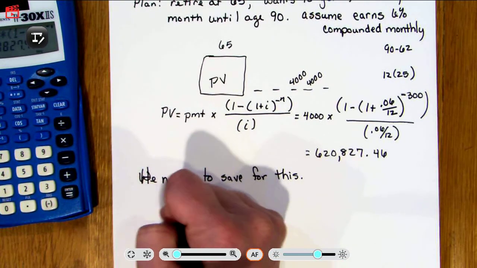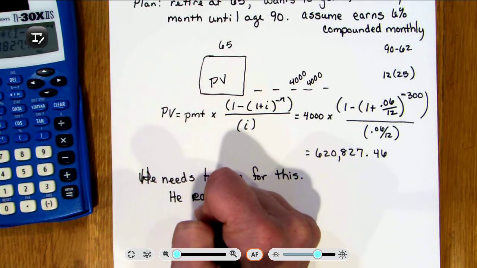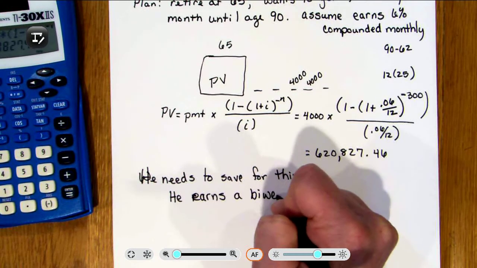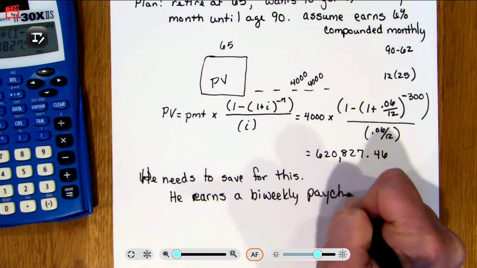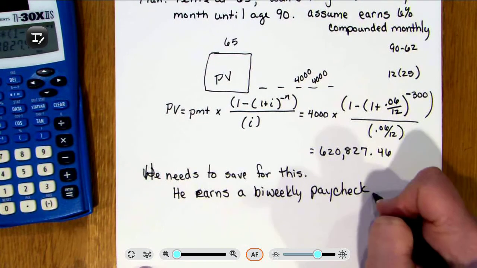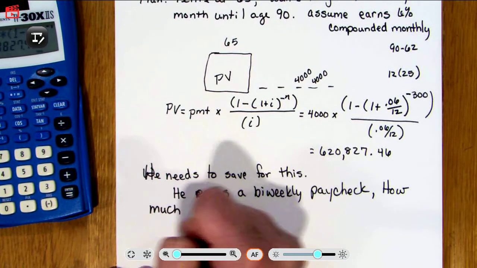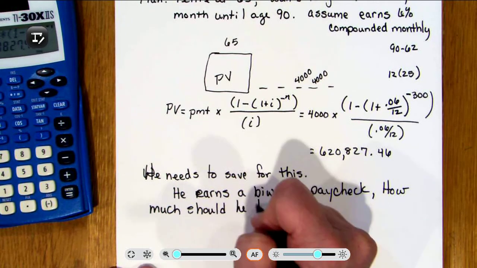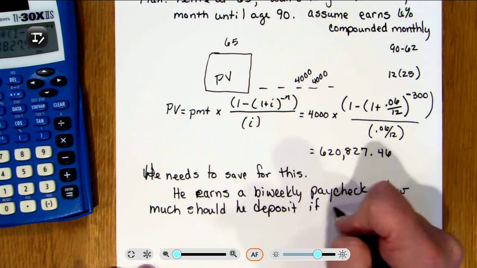Let's say he earns a bi-weekly paycheck, just to change it up a little bit. And we want to know how much should he deposit if this earns